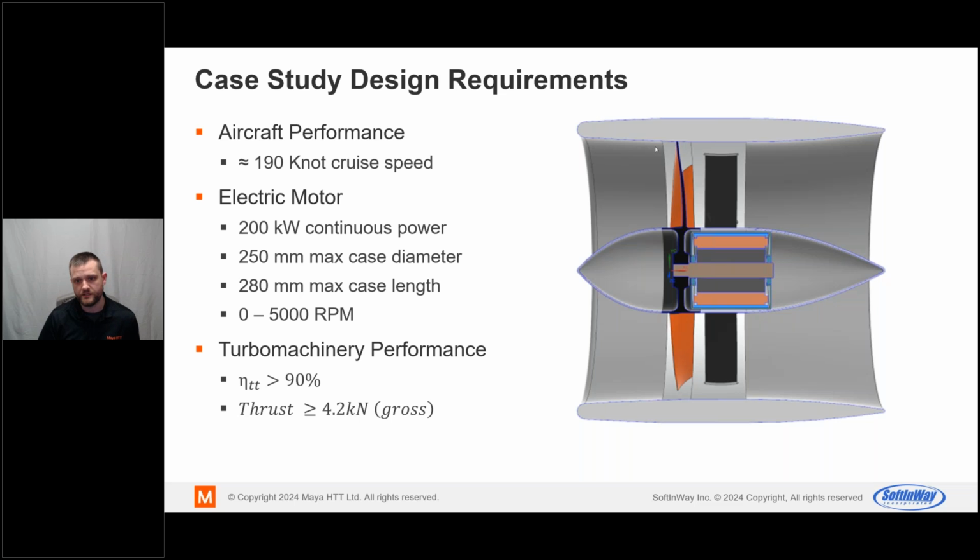We have some rough dimensions there, the space that it needs to fit in, as well as an operating speed of 5,000 RPM. And the performance targets we'd like to hit for a preliminary design are a total efficiency of over 90% and a gross thrust of over 4.2 kilonewtons.